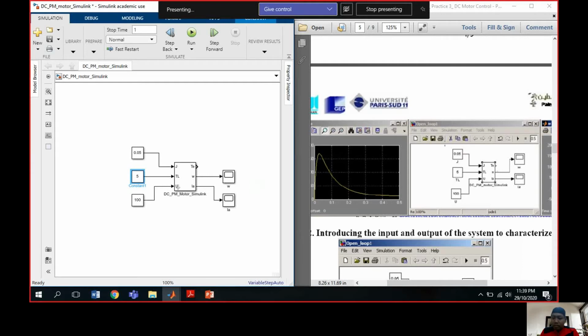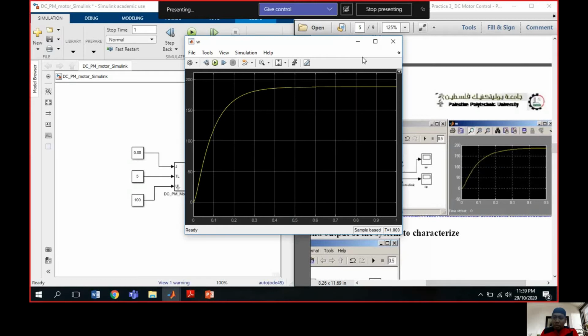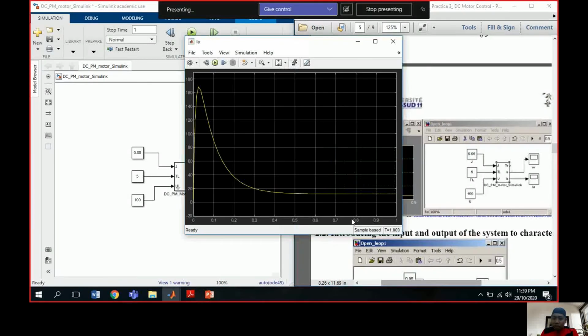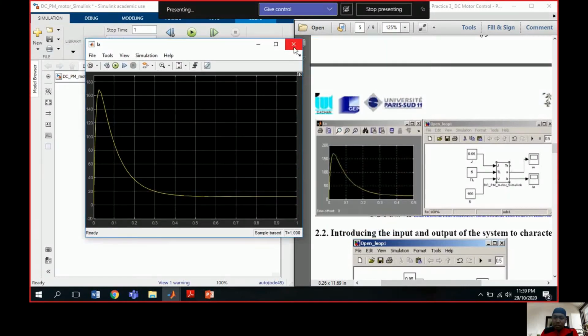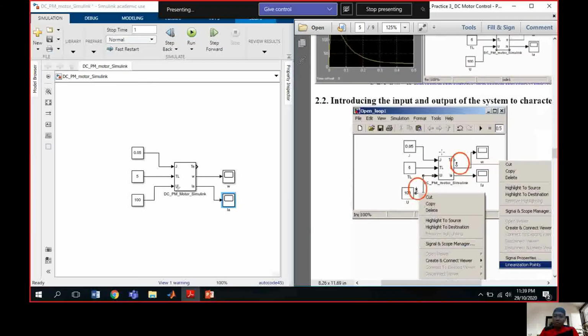So the result, I will run first. W, we show this one, same as this W. And for LA, same as this one. So this is 2.1.